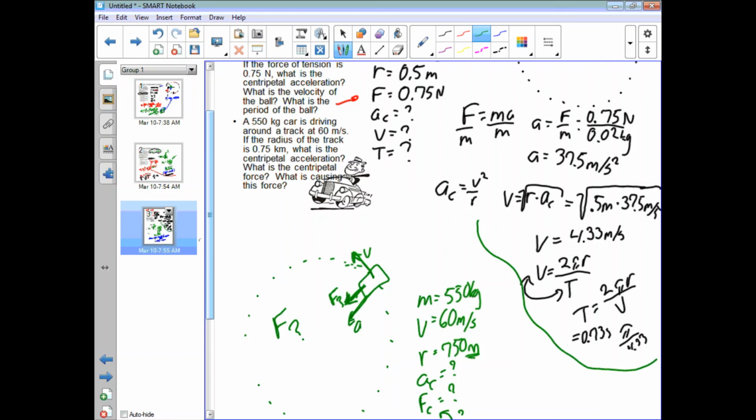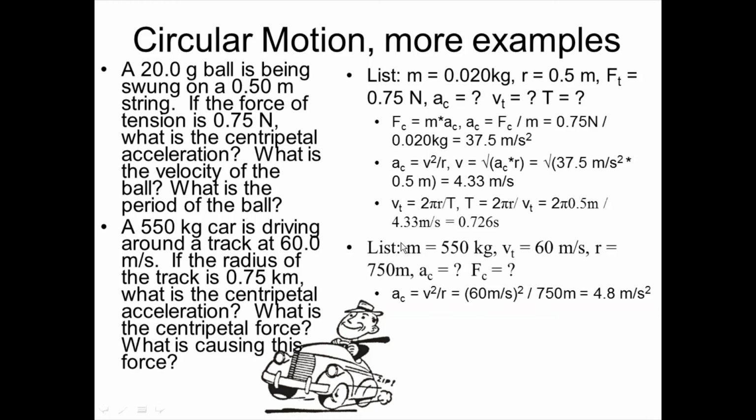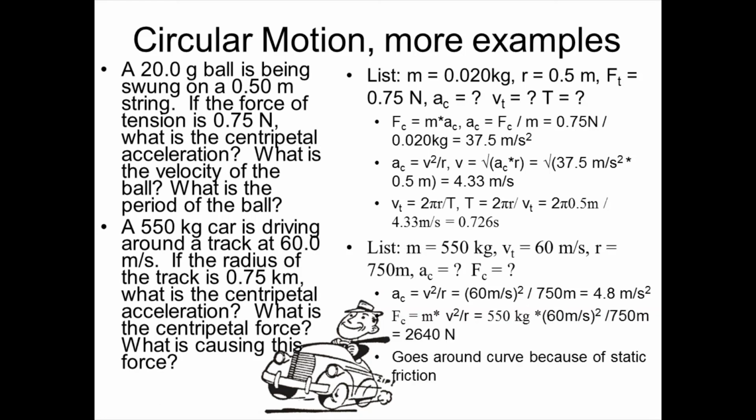We'll talk next time about what road engineers have done to help us be able to make turns while still going relatively fast. Any questions on anything? Here are the answers written out like this in case you'd like it that way. And then the next slide is just summarizing all those things: centripetal acceleration, centripetal force, and tangential